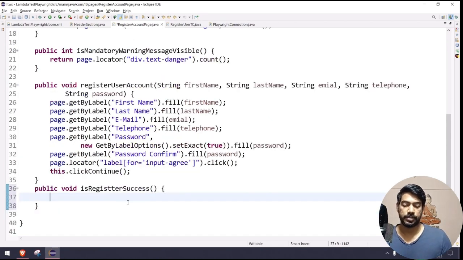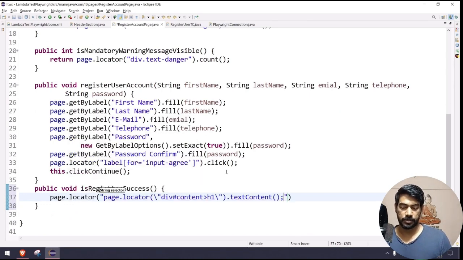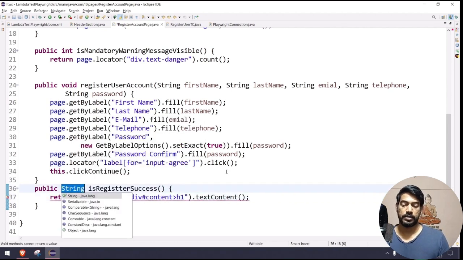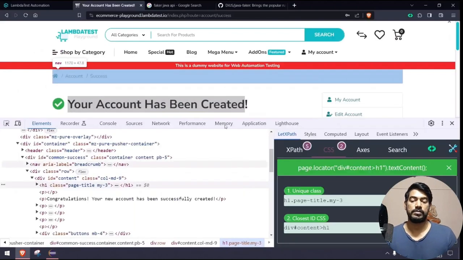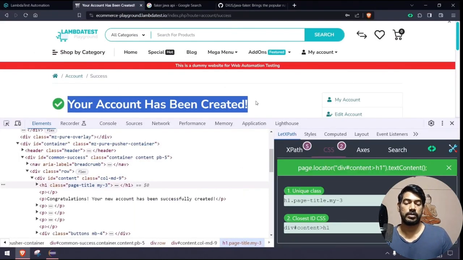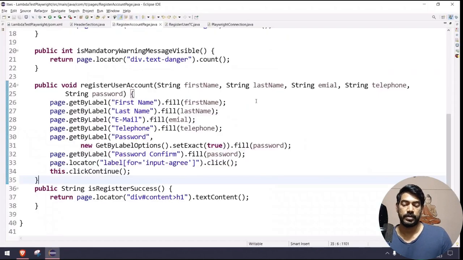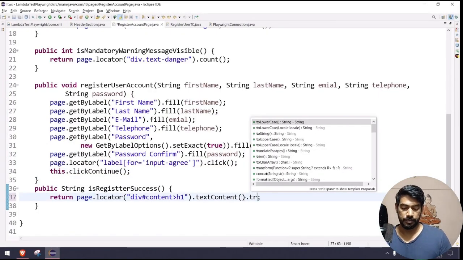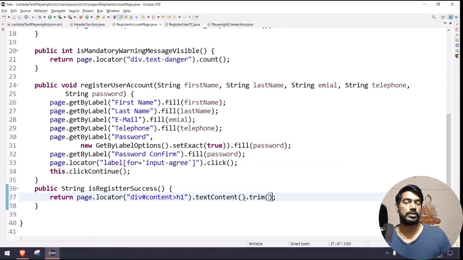Okay, and then followed by, I'm going to say like paste dot locator, the locator value, sorry, this is not this one, I have to paste the entire thing, and this is going to return me the, what do we call that, string, right? So we'll get the string. Okay, and I'll just see whether we have this, 'Your account has been created' or not. And of course I'm going to do the trim action as well,